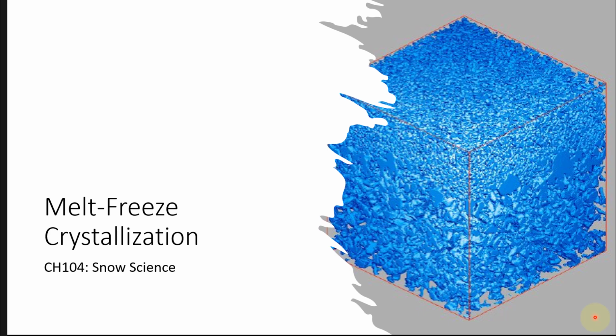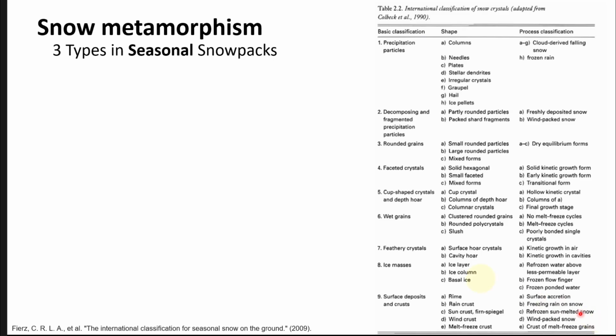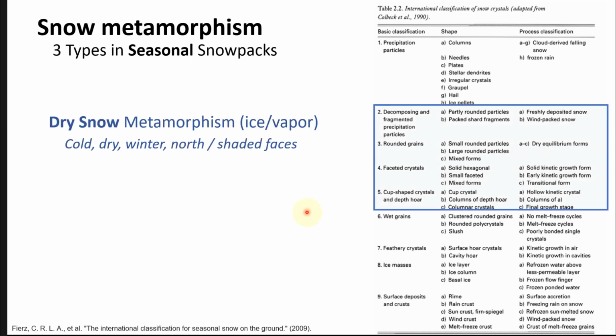Snow metamorphism. What I have here is the International Classification of Snow Crystals table, the basic classification of the different snow grains and then their sub-classifications or shapes. I like to think about snow metamorphism in terms of the types or habits of crystals, snow forms that are created. The previous discussion talked about dry snow metamorphism, so that's when you only have solid ice and gaseous